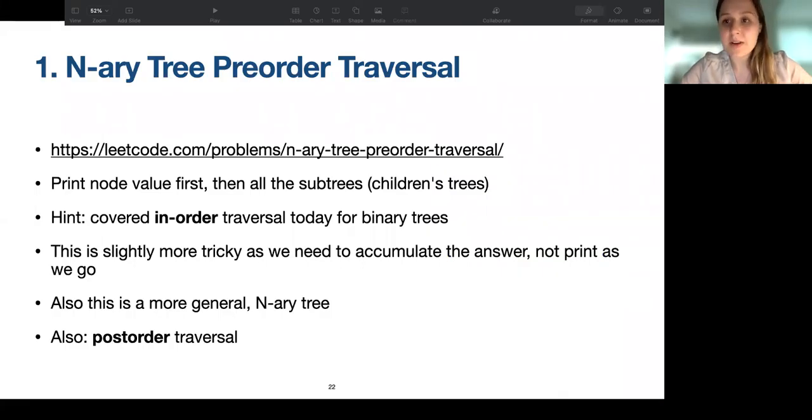So the first one is called N-ary tree Preorder traversal, and I have the link to the LeetCode problem here, so you might want to open it. So basically, let's say that we have a tree where each node has an arbitrary number of children. So it's not binary, it's not a quad tree. Each node can have as many children